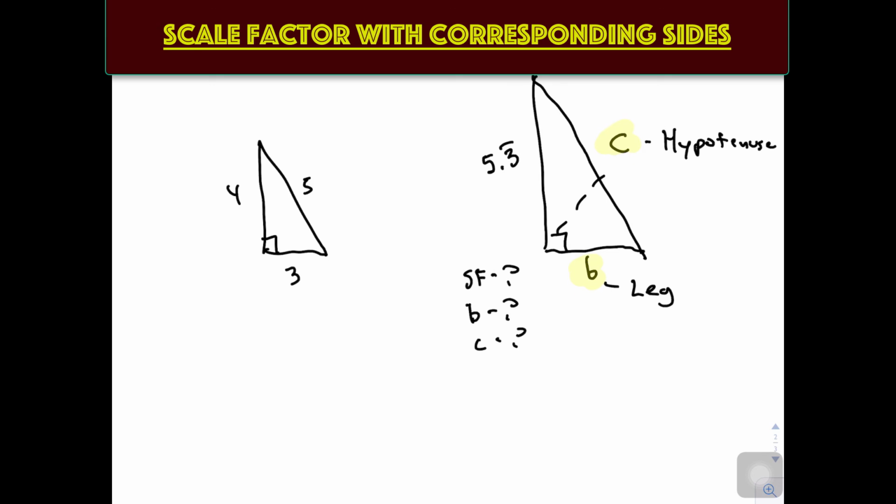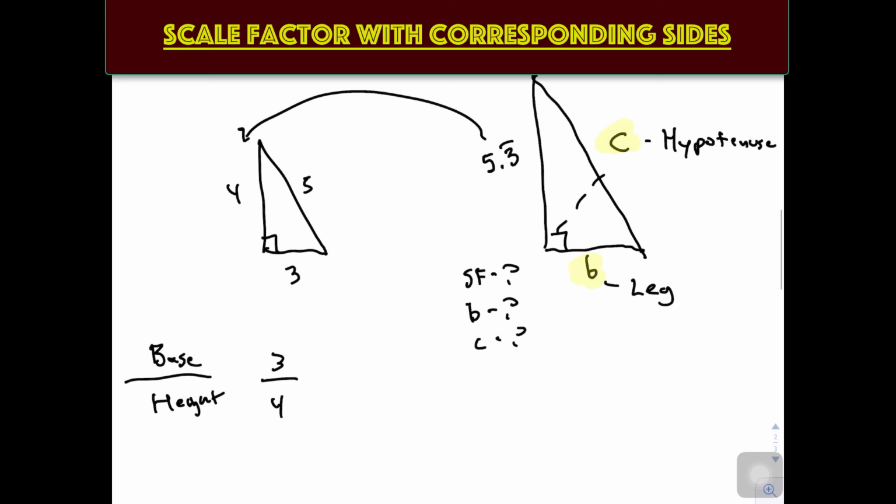And this is where I'd go back to what we talked about before. You could take 5.3 and divide by 4, and it will give you the scale factor, and then we could use that to find B and C. I'm going to write it out in a way that's a little more easy to follow. So we used a 4